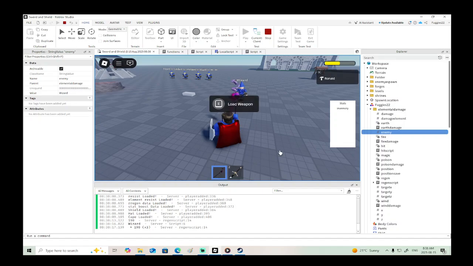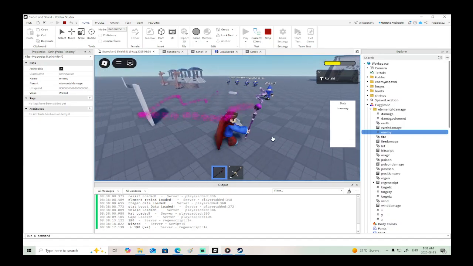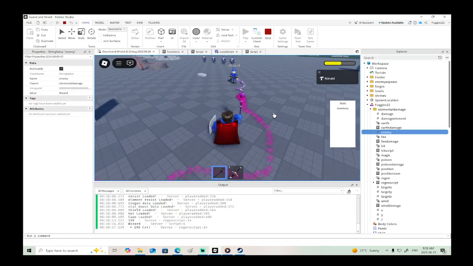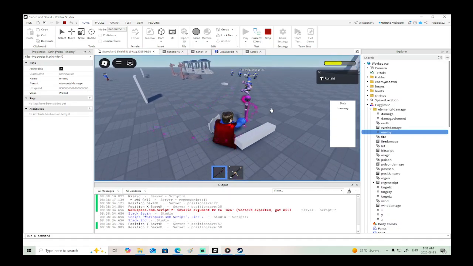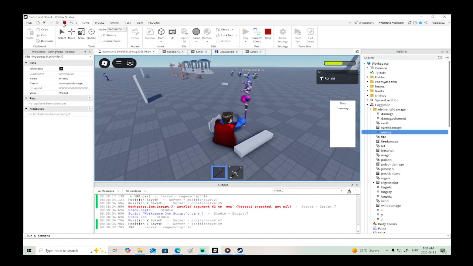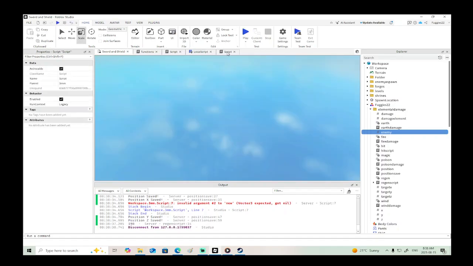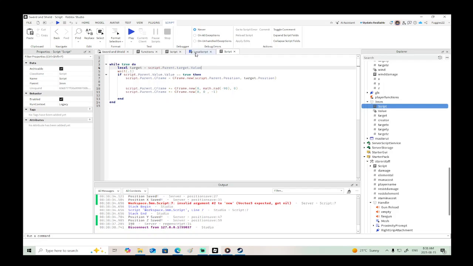Then what we're doing is we're taking that target name and we're finding its position. Let's see, target. Oh, you know what? So script.parent.target.value,